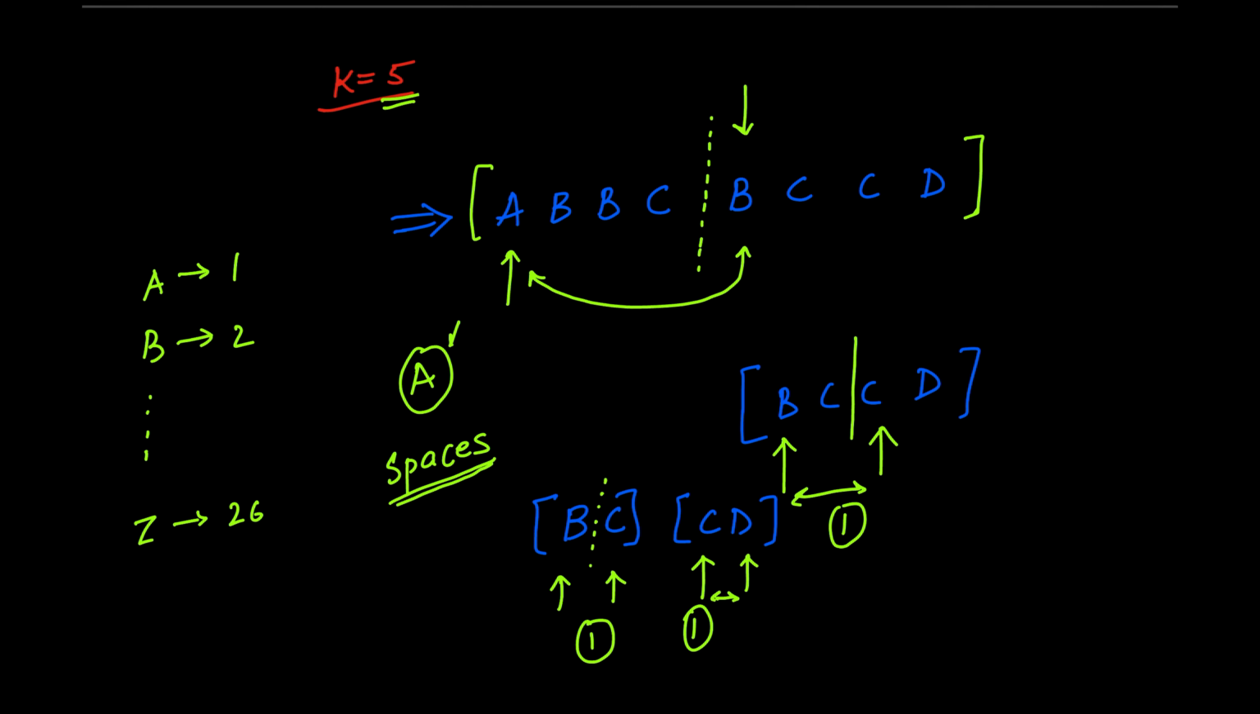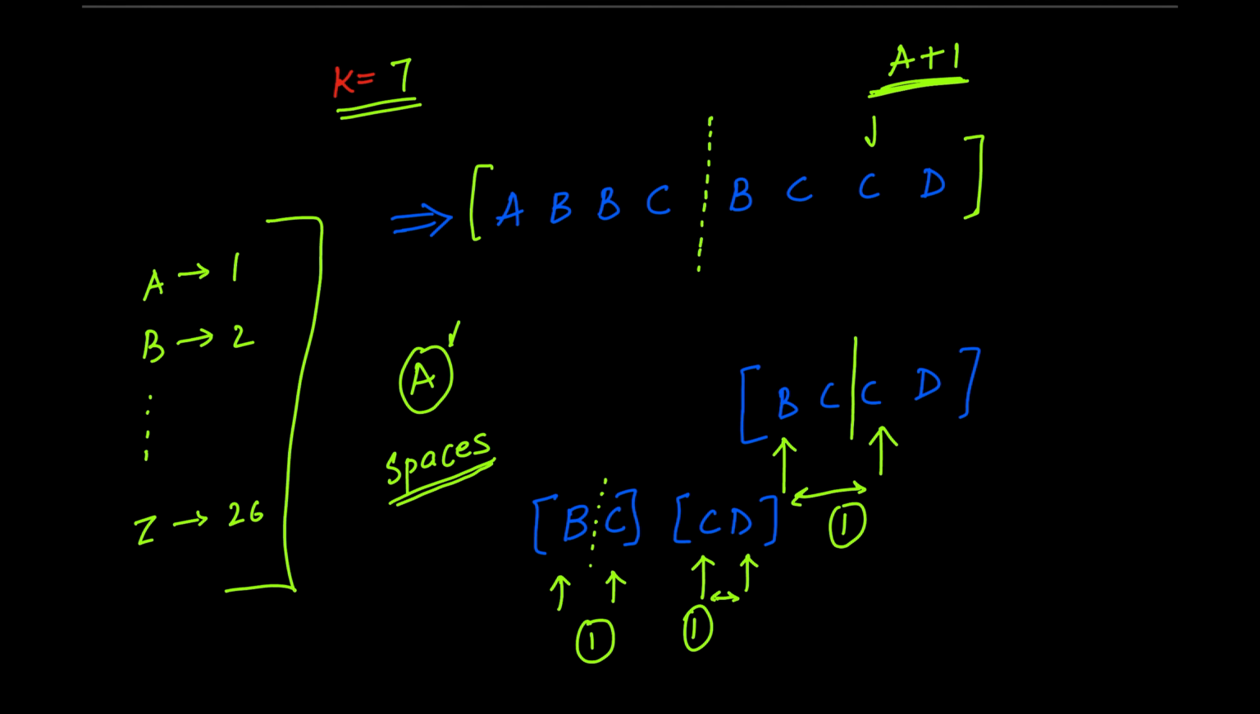So I know I need to add 1 to the value of A based on the English alphabet to get the value at kth position, that is fifth position. Let's take a different example where the value of k is 7. Now to calculate the value at the kth position, that is the 7th position, I at least need to know